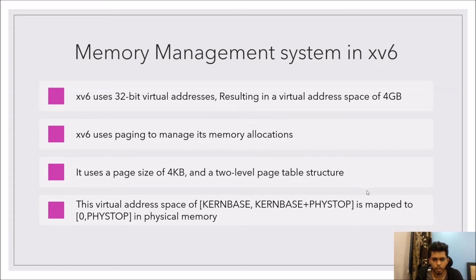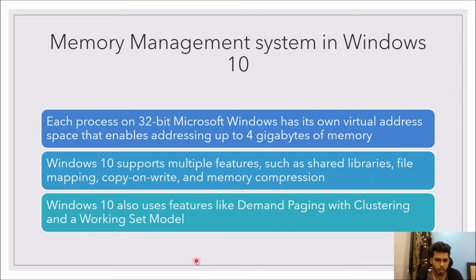The first 10 bits of a 32-bit virtual address are used to index into a page table directory, which points to a page of the inner page table. The next 10 bits index into the inner page table to locate the page table entry. The page table entry contains a 20-bit physical frame number and flags. Every page table in x86 has mapping for user pages as well as kernel pages. It uses a page size of 4 KB and a two-level page table structure.